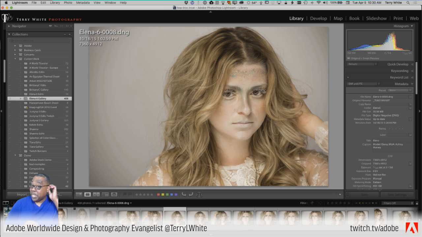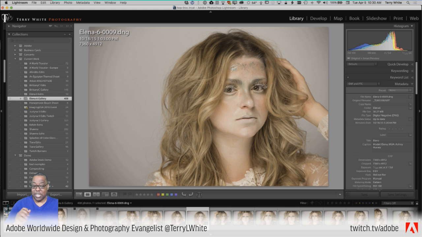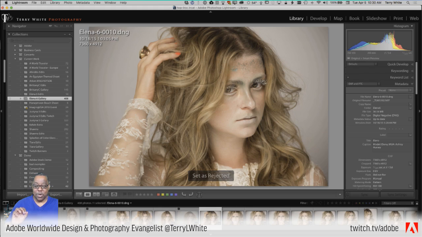But there is one thing that is consistent throughout, no matter what kind of edits I'm doing. A reject is a reject. So if I say that a photo is not going to be used, I don't want it to be part of their selection process, I don't want to ever see that photo again, that will always be an X no matter what. So if I go to this photo and I don't like it, even though this one's okay, I hit the letter X and that will mark it as a reject.